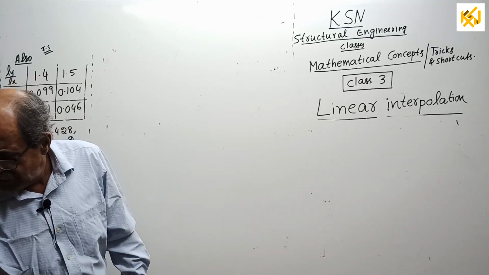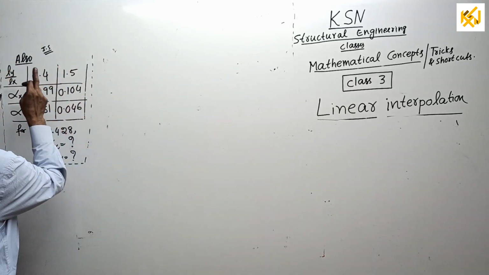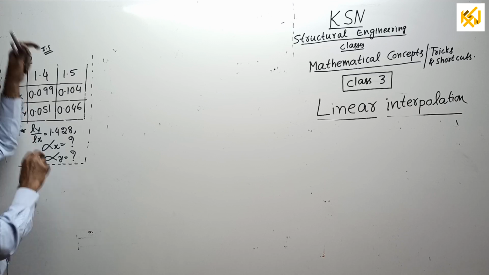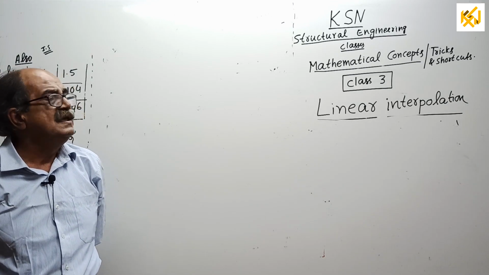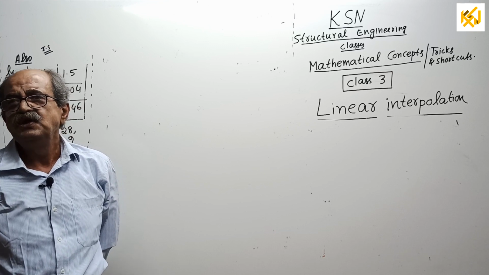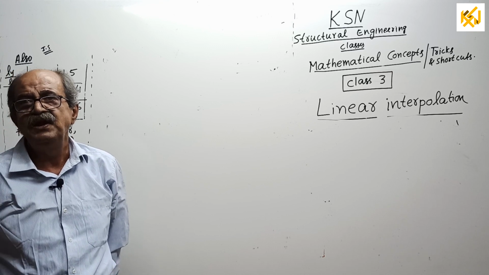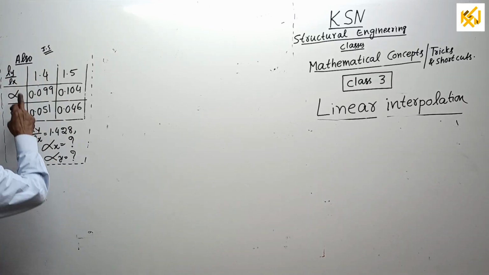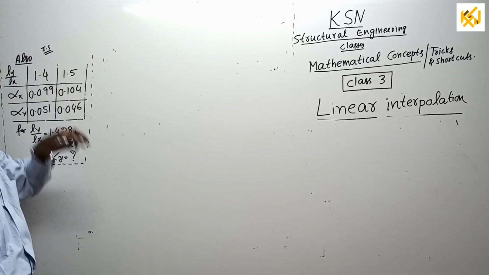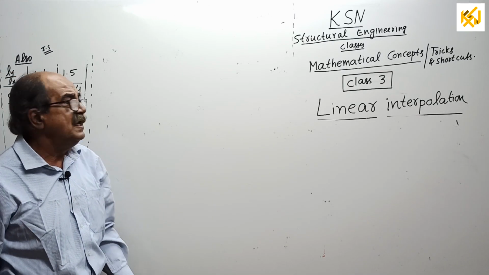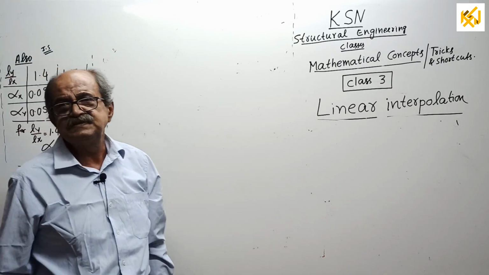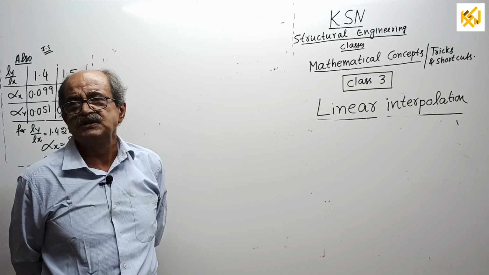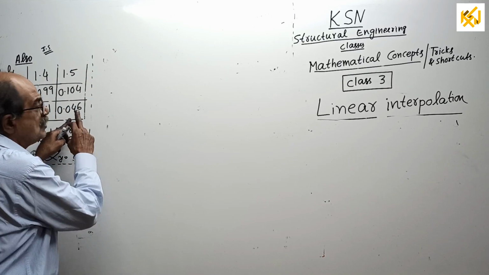Correct. Last part now, closing part. You never bother what is Ly by Lx and what is alpha x, what is alpha y, if you are not in structure engineering field. Those who are in structure engineering field, you should know this is a ratio of longer side to shorter side of a two-way slab, and alpha x and alpha y are the bending moment coefficients respectively for shorter span and longer span.